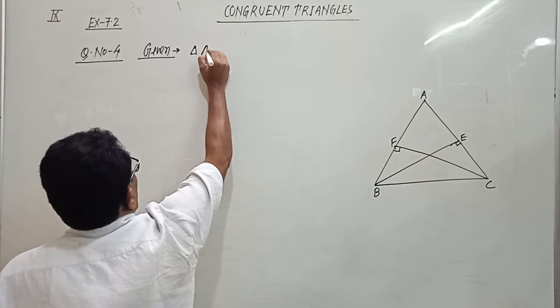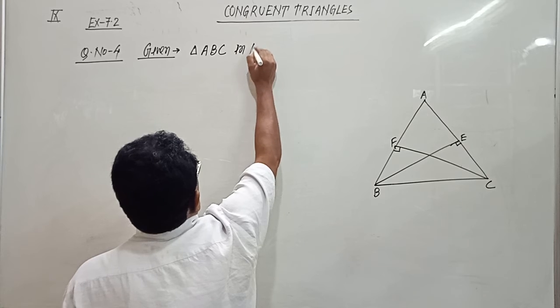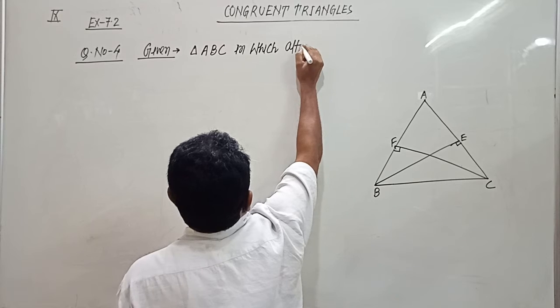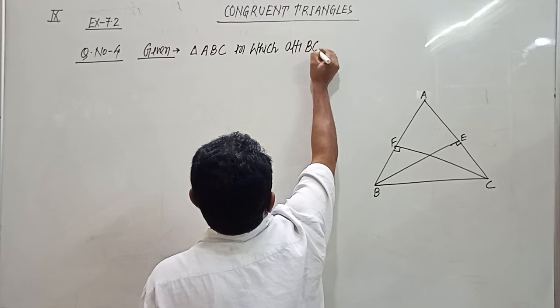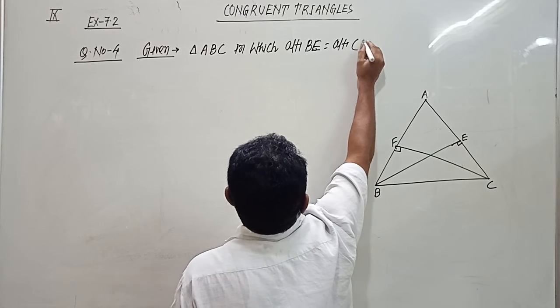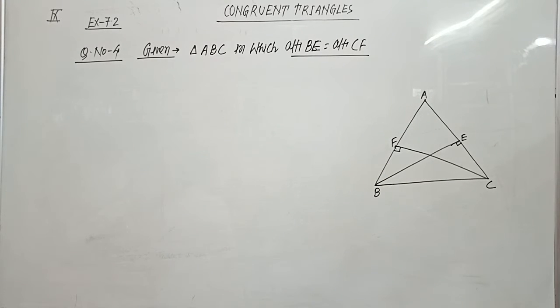altitude BE equals altitude CF. BE is the altitude drawn on side AC, and CF is the altitude drawn on side AB. Show that